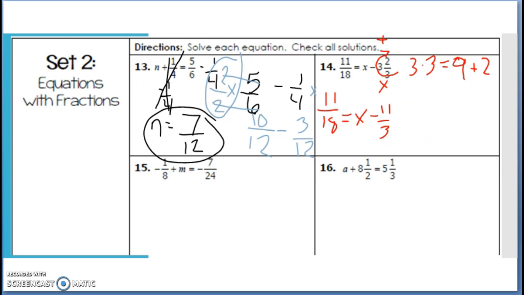Now that we've converted it, we can do the long process to solve. Well, we want to get x by itself, and I say long process, it's not that long, but if we're doing it by hand with fractions, it's a little longer. X is being subtracted. So in order to solve this problem, we have to get x by itself. So we do the opposite. Add 11/3 to both sides. Well, negative 11/3 plus 11/3, that's 0. So really we just have 11/18